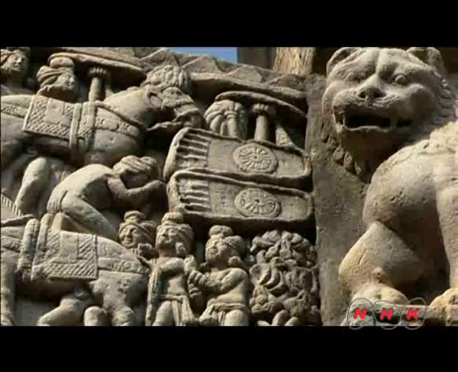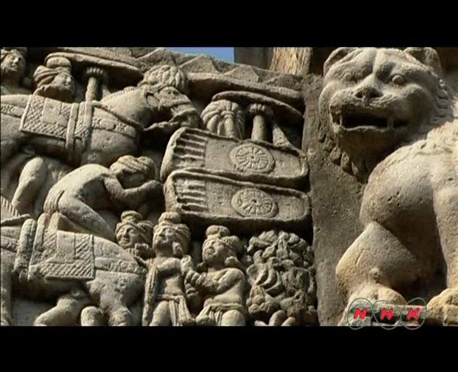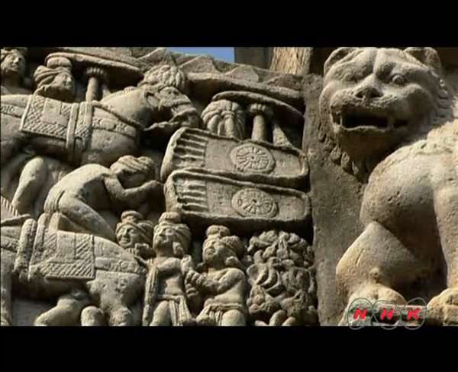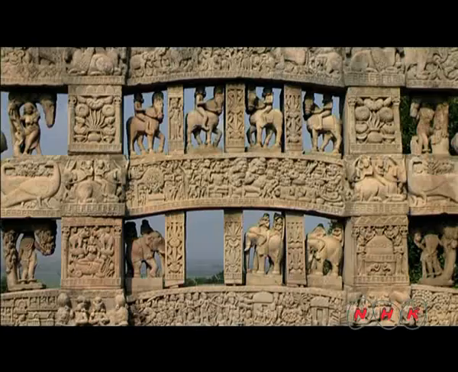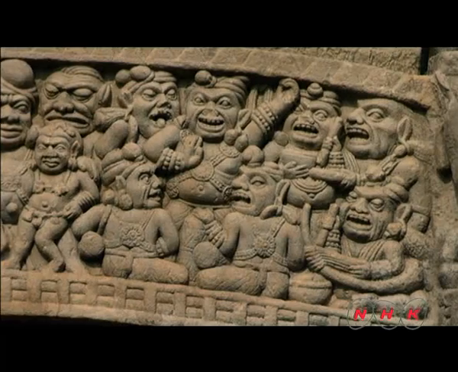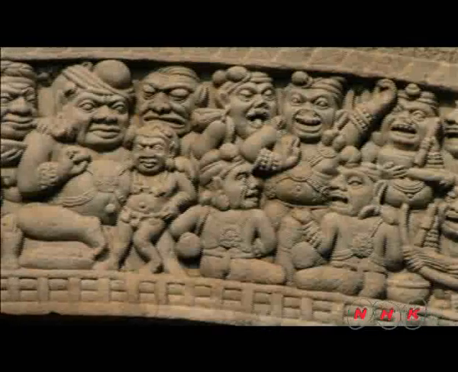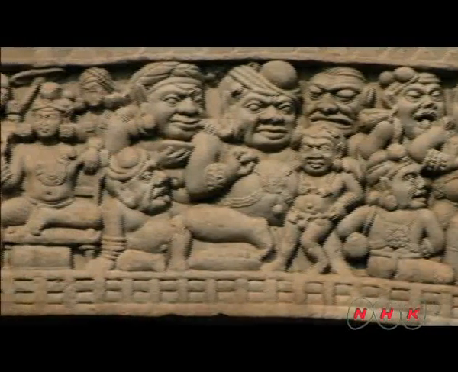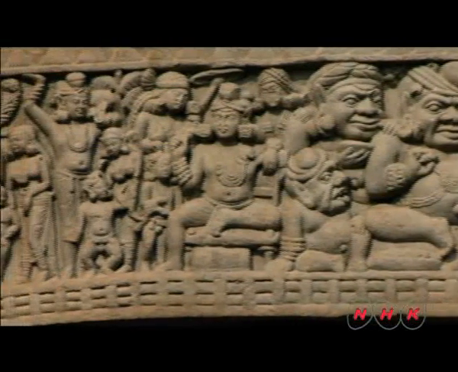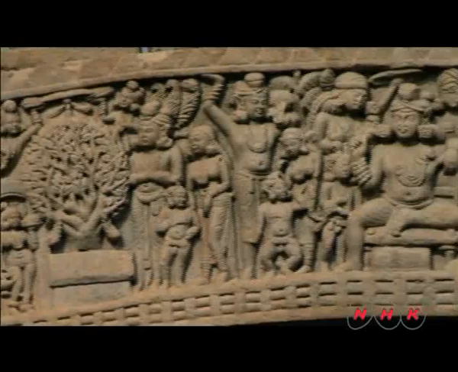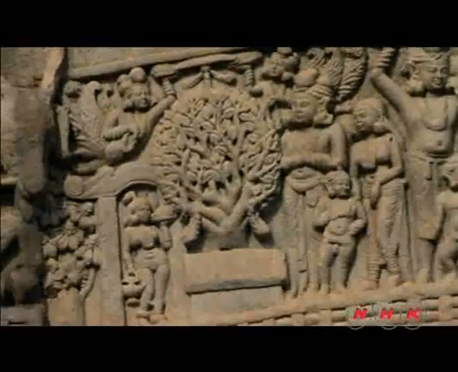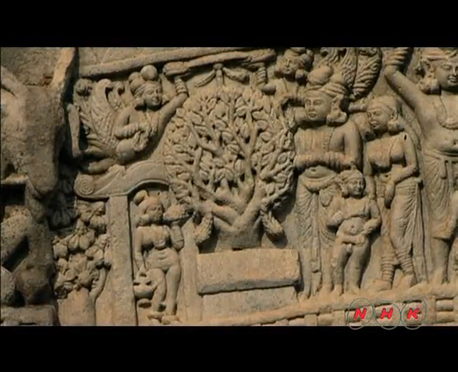The point in his life when he left his palace and renounced worldly goods is represented by the soles of his feet and an umbrella. Buddha is represented in many different symbols. This is Buddha deep in meditation, surrounded by evil beings at the moment he achieves enlightenment. Buddha is represented here as a linden tree, the place where he attained enlightenment.